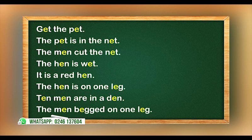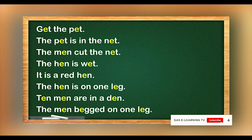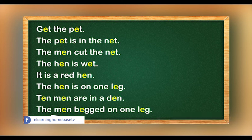If you take notes, we highlighted the first E, which gives the sound e, but we did not highlight the second one. So that means the first one gives the sound e, but the second one does not. That's why we just say begged. I'll tell you why in our next lessons. Okay, so begged